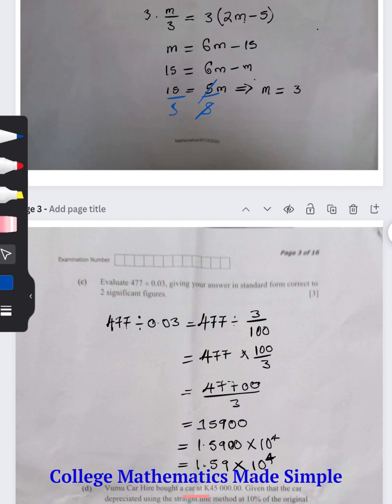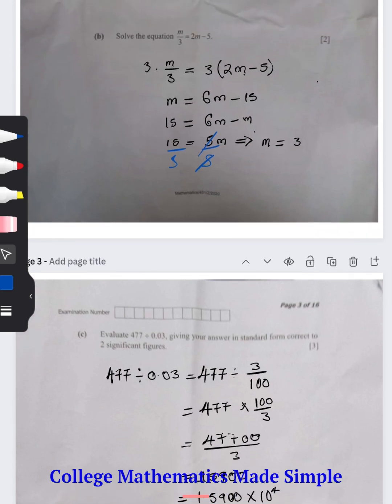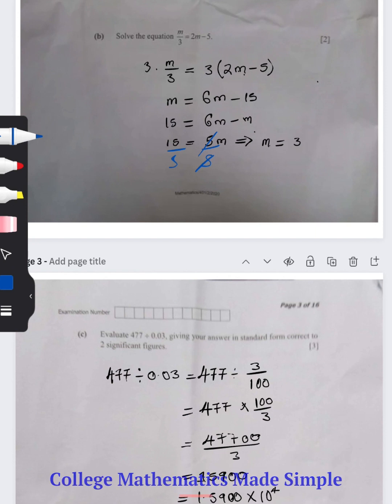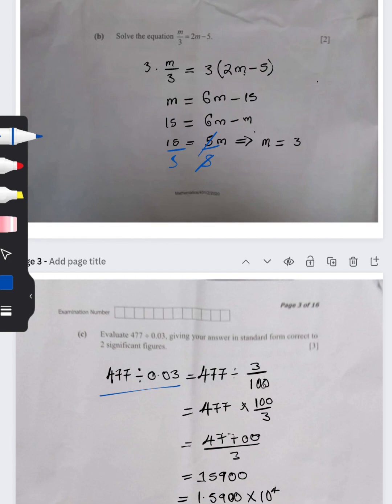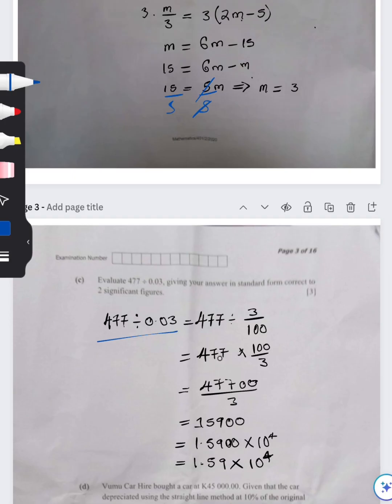Next we have this nice problem. It says evaluate 477 divided by 0.03, giving your answer in standard form, correct to 3 significant figures. So you can see that it is 3 marks because we need to know 3 things. The first thing is know how to divide. So you can write 0.03 as 3 over 100. Now, here I just take the product, that is 477 multiplied by 100, which is that, then I divide by